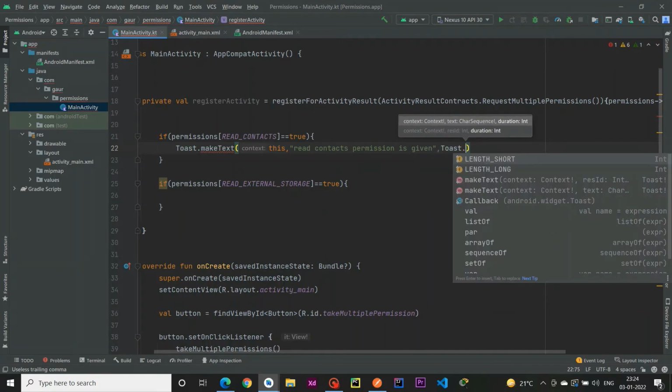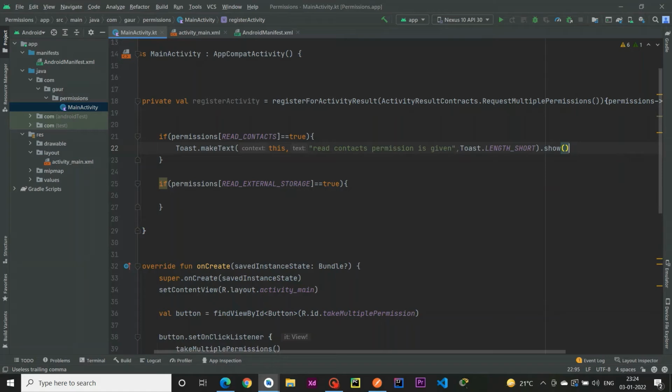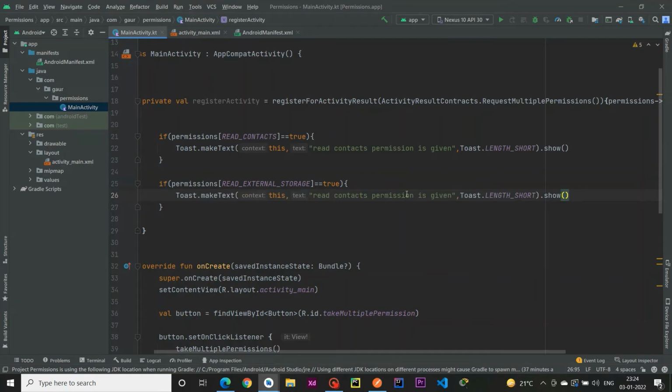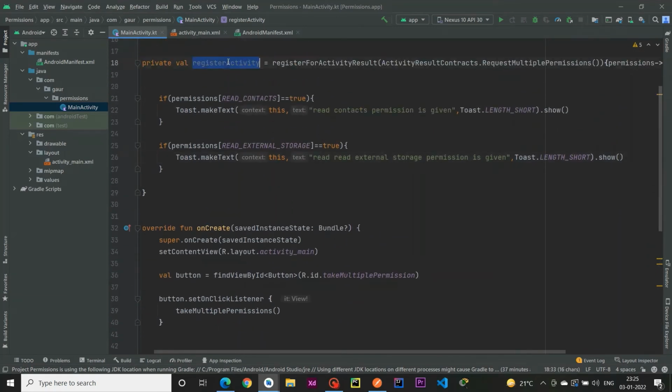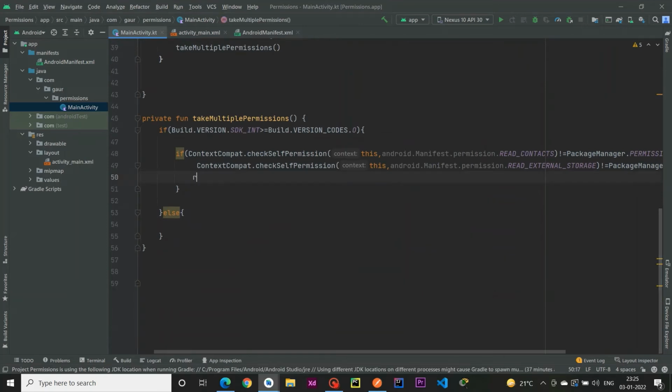I am using Toast.LENGTH_SHORT, so just copy this one, paste it in here, and instead of read contacts I am using read external storage permission is given. Now use this register activity and launch it to show the runtime dialog to our user.